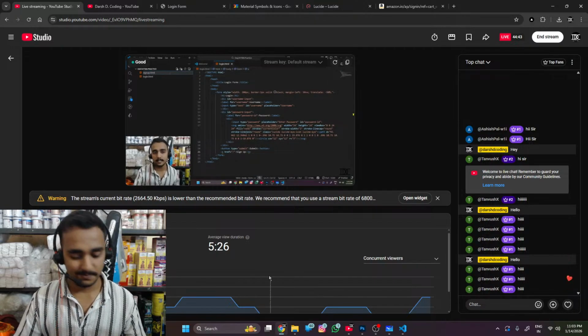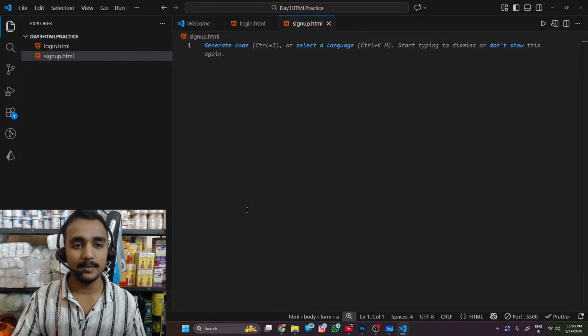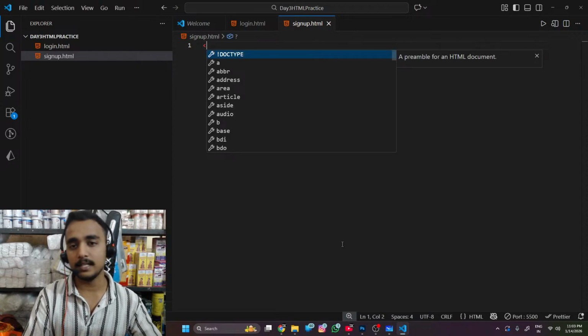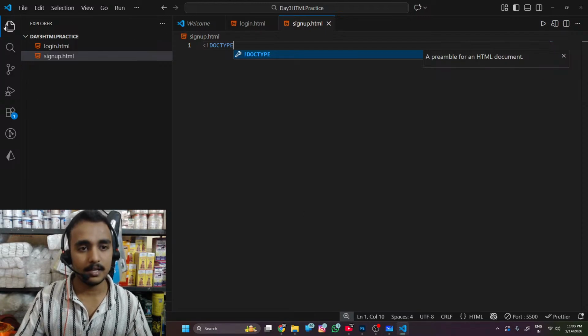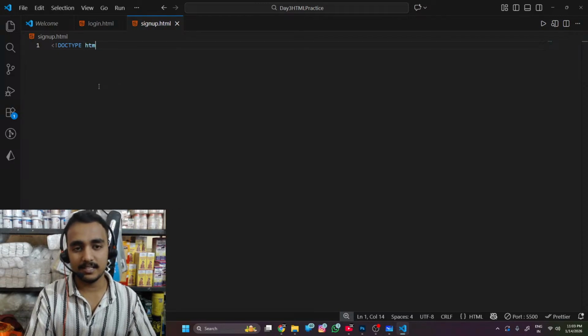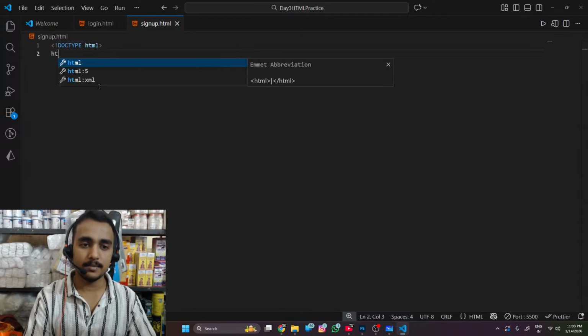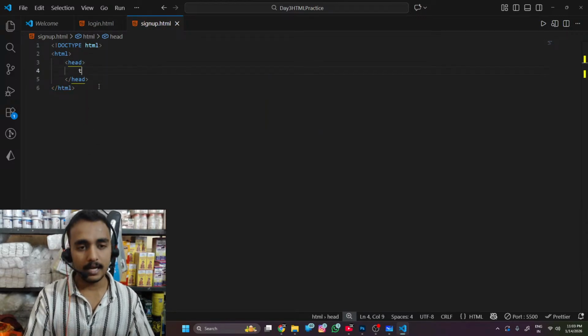ओके, तो हमने लॉगिन फॉर्म बना लिया, अब हम साइन अप फॉर्म बनाएंगे। साइन अप फॉर्म बनाने के लिए always start with exclamation mark and doctype. Let me just close this, and html. ये मैंने क्लोज किया। यहाँ पे चालू होगा अपना html टैग। ओके, और html के अंदर क्या होगा, अपना हेड होगा। नाउ हेड कंटेन करेगा टाइटल।